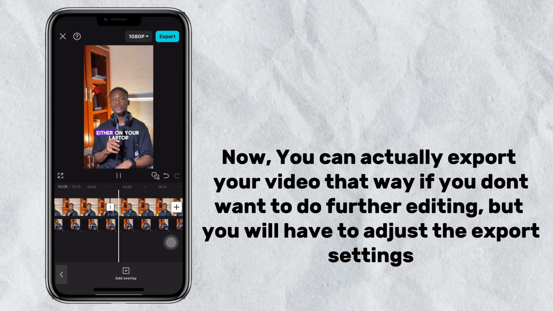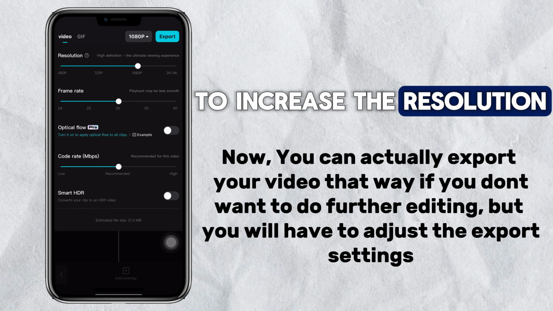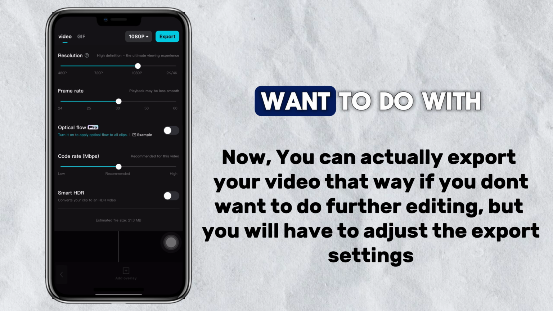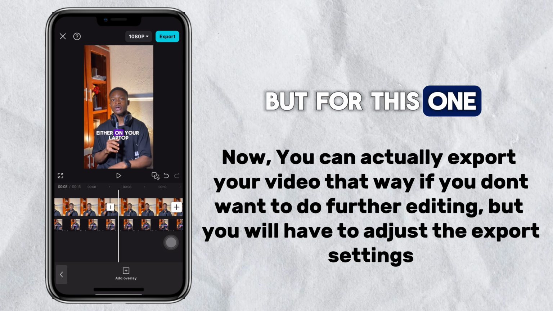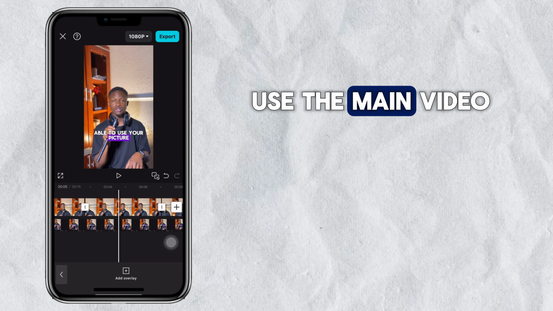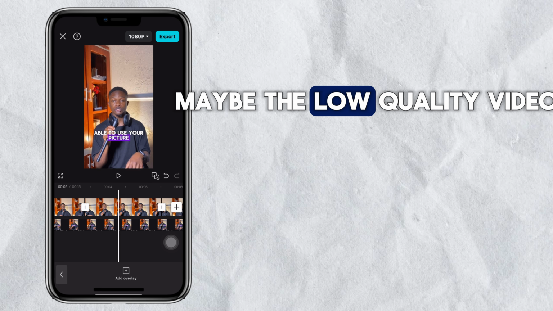but exporting it this way, you just have to increase all your settings. That is, you have to increase the resolution, you can do whatever you want to do with the frame rate, and then you export. But for this one, or secondly, if you want to use the main video, that is the actual video you used on this one,